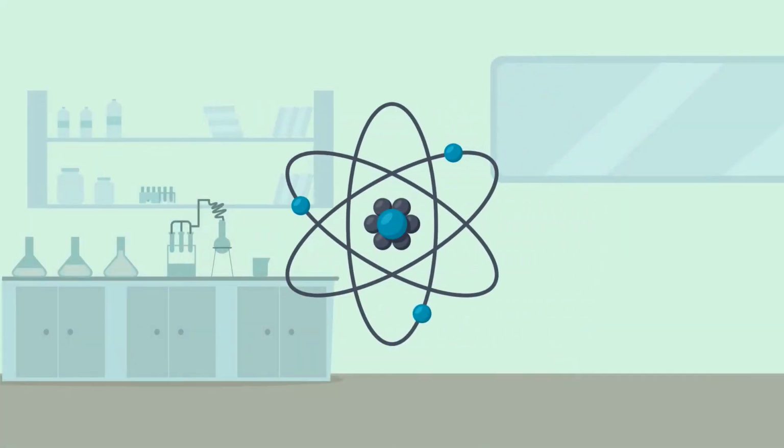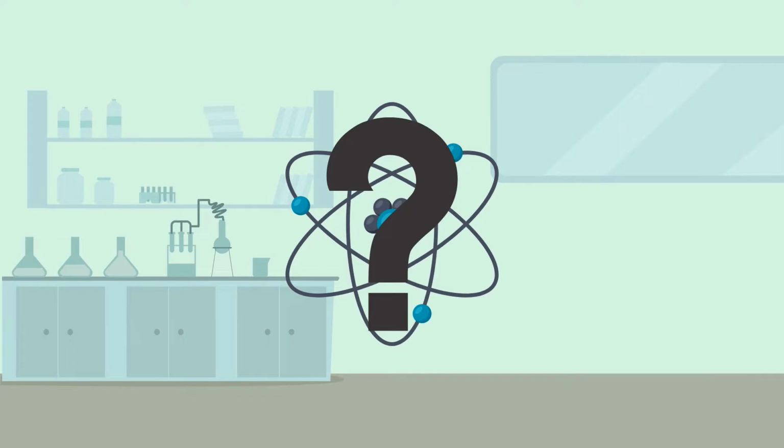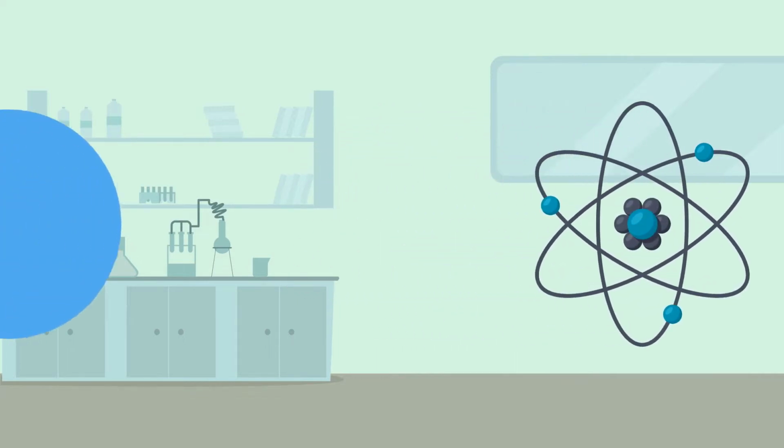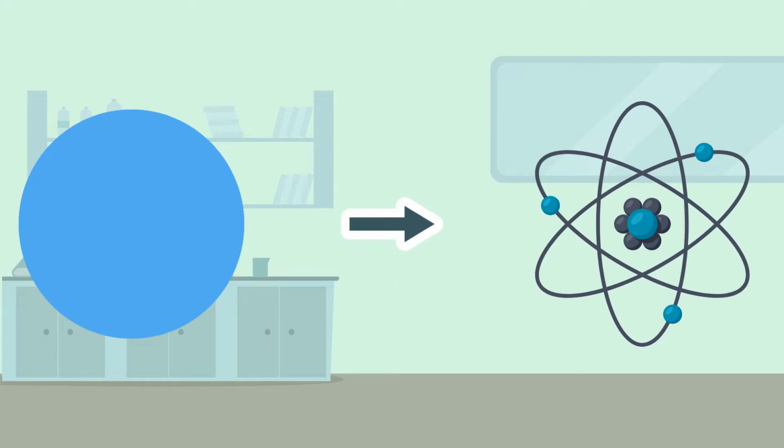This is the modern atomic model. Atoms are the building blocks of the universe, and are the basic units of matter, yet were not modelled until the early 20th century. This was when Rutherford made his discovery of the nucleus. But what is the history behind the atom? How has the model of the atom changed over time?